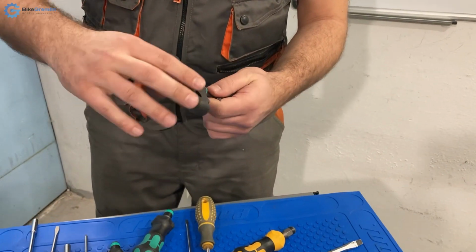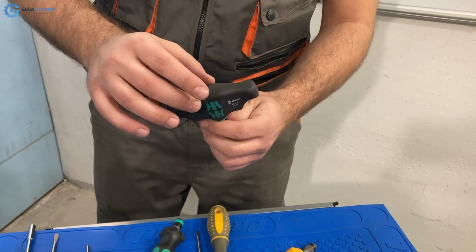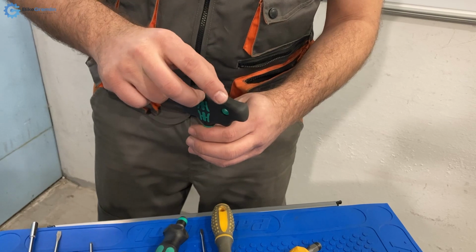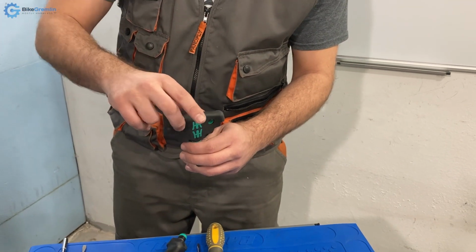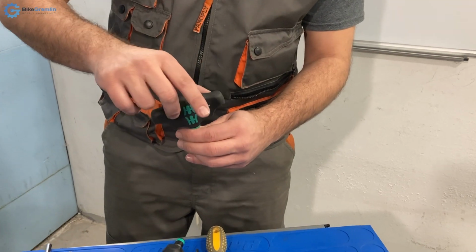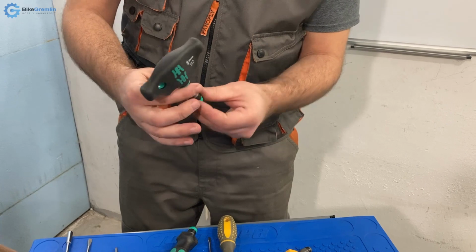It's like a T screwdriver, and it has the advantage that you can hold it here nearby to apply less torque and get better feedback, or here so that you can get good feedback for higher tightening torques and use it to unscrew stuck stuff and things like that. And you can use this to